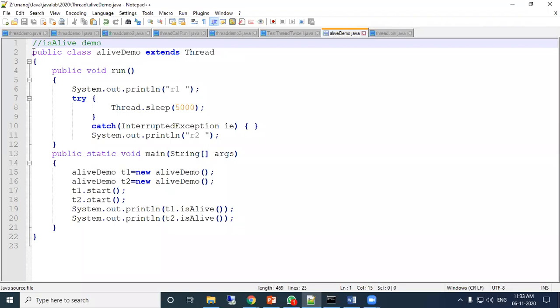In this program, it extends the Thread class, and in the run method, before the try there is an output message R1.